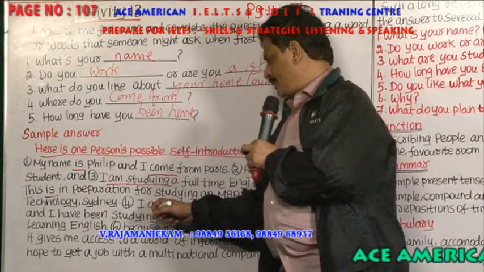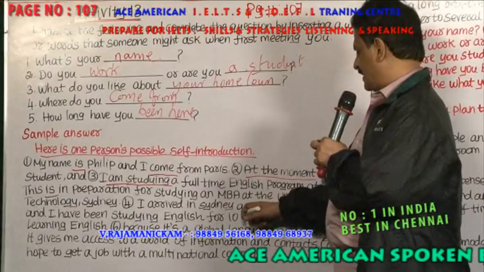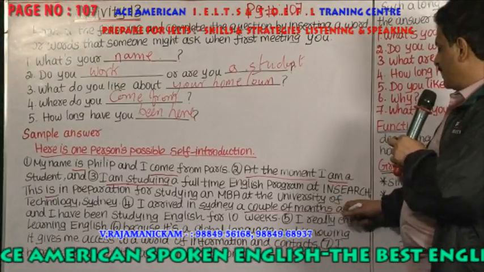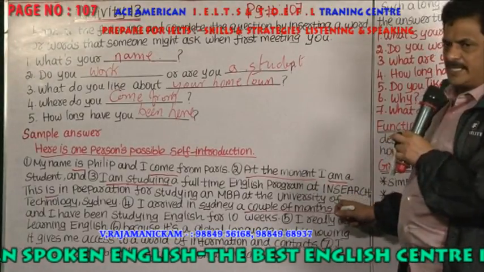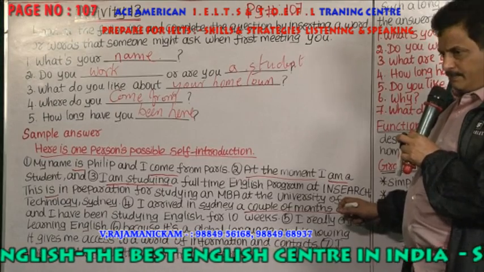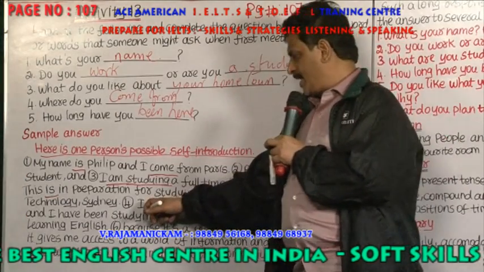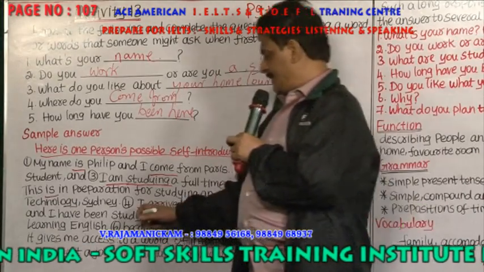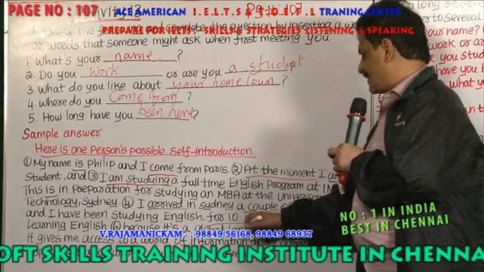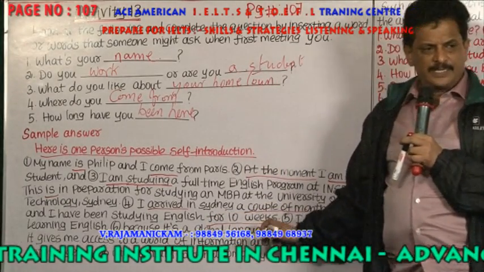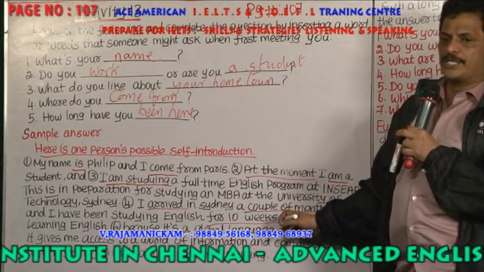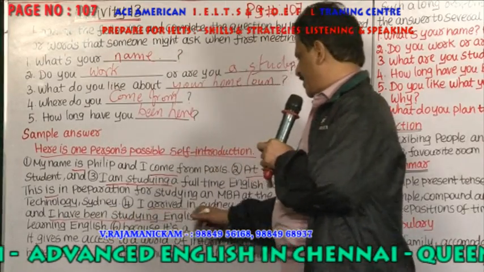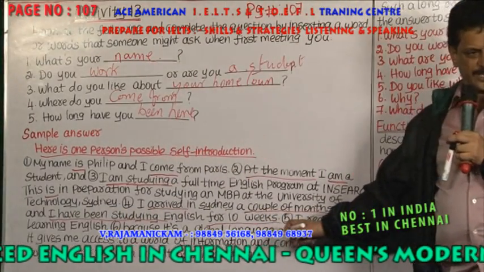Okay. Now, a couple of months ago. A couple of months ago, is it past tense or present tense or future? Past tense. So you are using I arrived. I arrived in Sydney a couple of months ago. And see here, for 10 weeks. So it is something continuous, isn't it? The action is continuous, so you have to use present perfect continuous. I have been studying English for 10 weeks. Are you clear about it?